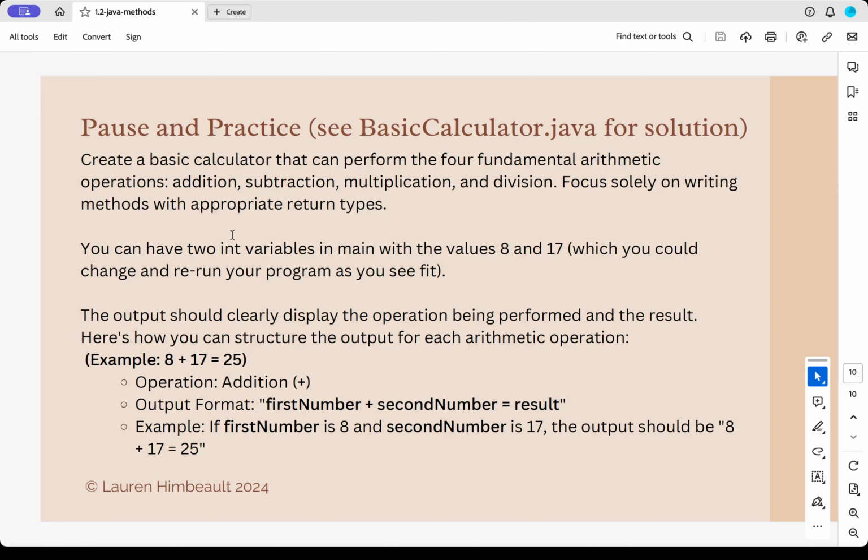If you'd like to see an example solution, I did post one, basiccalculator.java. I don't recommend looking at the solution until after you've tried it. Reading a solution is not a way to learn anything in this course. I always hesitate to post solutions because students will go and read it and say, oh yeah, I know what she's doing, and then count that as having learned something. That is not the same thing as trying it for yourself. So please try it for yourself first and see how that goes, and then you can go ahead and look at the solution and see where you went wrong and where things maybe need a